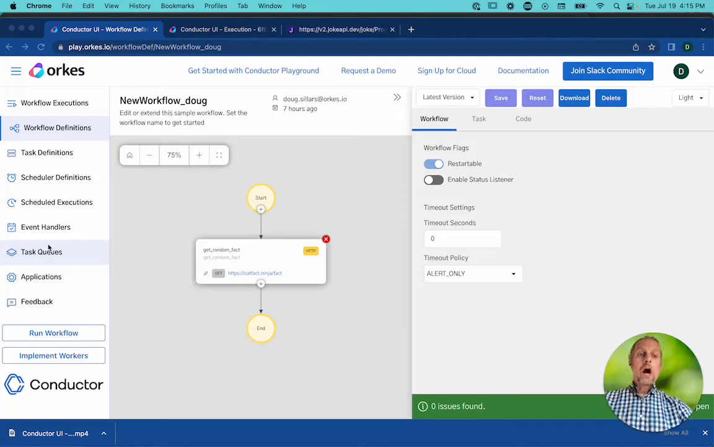Okay, so in this video, I want to cover two topics. One is I have a workflow here, and I want to modify this workflow. So I'm going to add a second HTTP task. If I want to add the HTTP task in between getting the cat fact and the end, so I